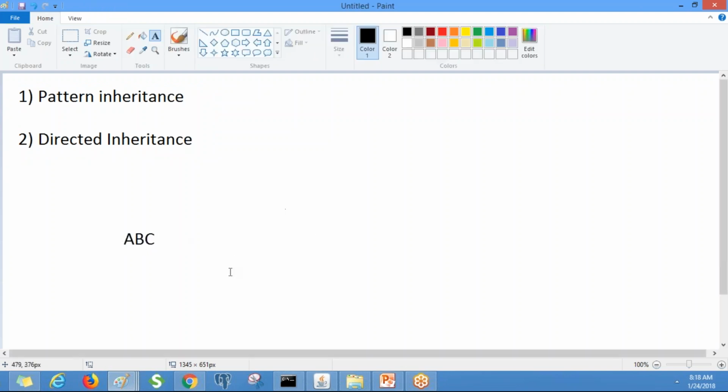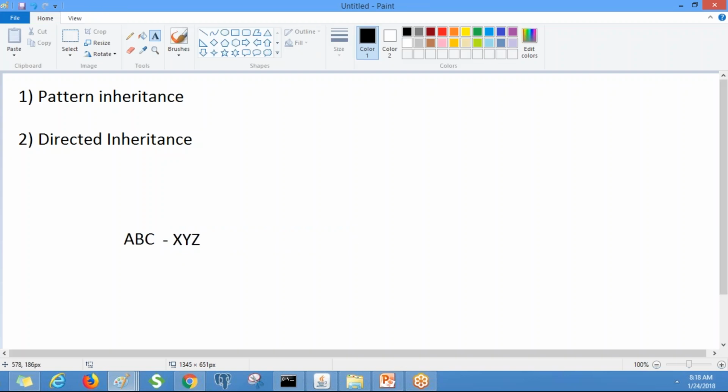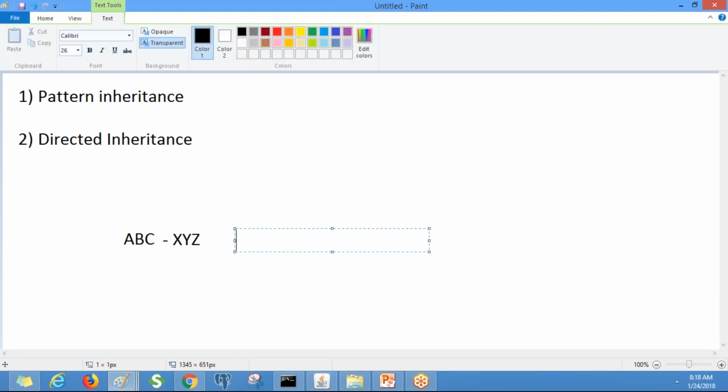So if you take a class, suppose the class ABC-iPhone-XYZ, this class will have directed inheritance as well as pattern inheritance. Pattern inheritance means it utilizes the characteristics from other specified classes.